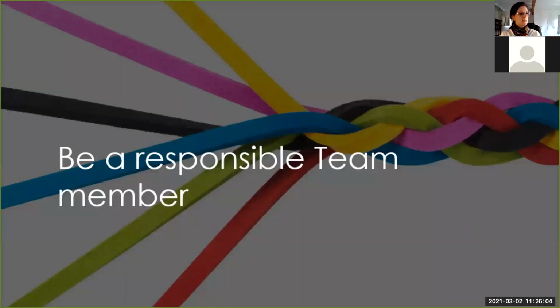Okay, so you really need to be a responsible team member. And in your notes, in your manual, there's quite a big section on being a responsible team member. I'm just going to tell you where you will find it. Okay, it's on page, oh gosh, my page numbers are covered up here. It's page 49. Talks about some of the responsibilities.